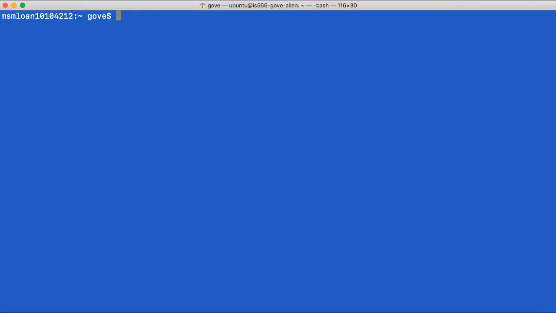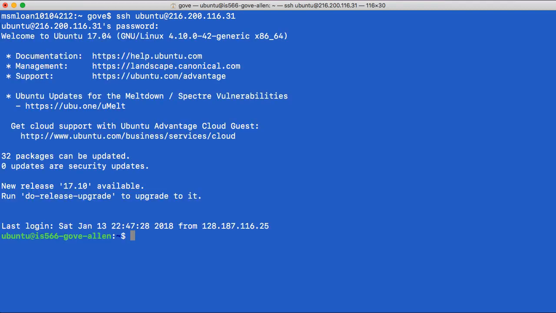So I'll open up Terminal and I'll log into my remote server. It should prompt me for a password. And here I am authenticated. So now recall that when we log in, we'll be in the home directory for this user, the authenticated user. So pwd should show us we're in the Ubuntu folder, which is where we want to be. So now we're ready to type that command,